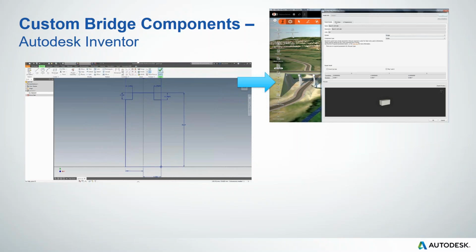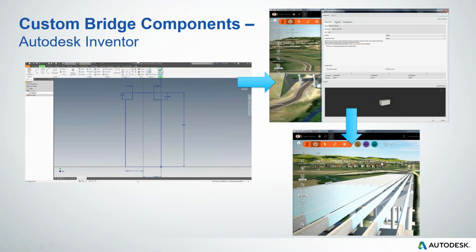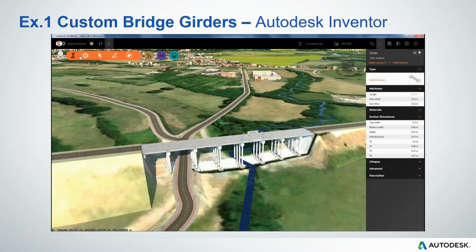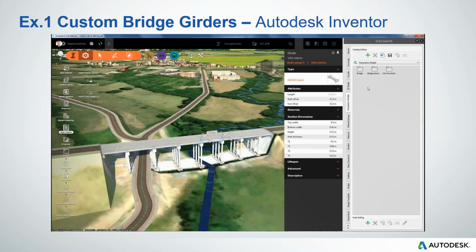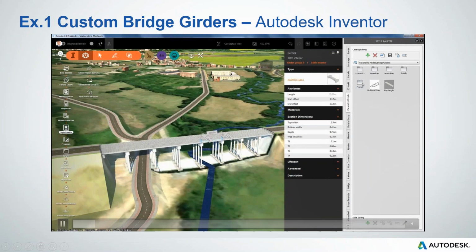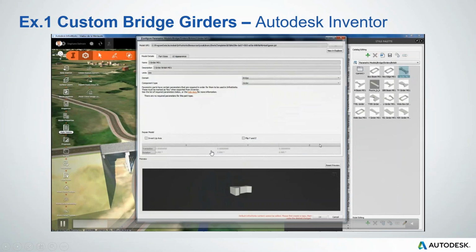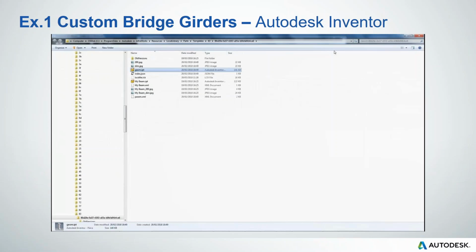And then that IPT file will be imported into Infraworks and configured properly so that we can use it in our bridge design. So we replace, let's say, a basic component from within the Infraworks library with a new customized created parametric model from Inventor. This is how things work. So we have the style palette inside of Infraworks, and if you go to the parametric models tab in here, you will see that we have certain categories for all types of objects for our bridges, from girders, piers, abutments,